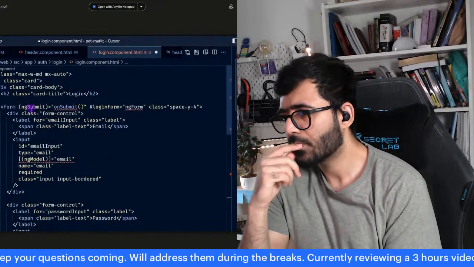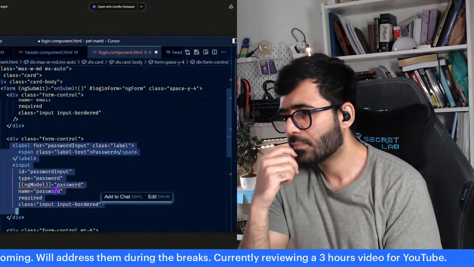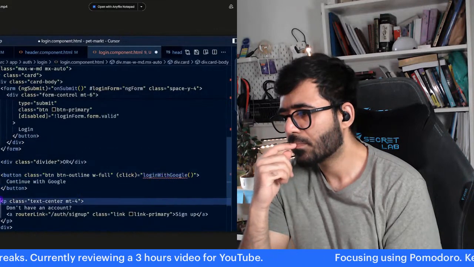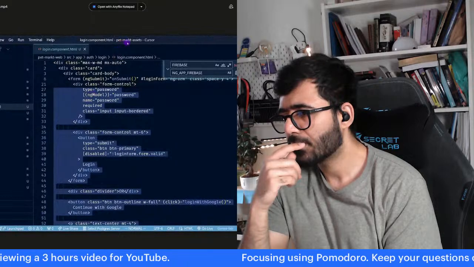We have a bunch of simple HTML elements, but we have a form here which has two inputs, one for email, one for password, and then we also have a submit button for login, or we just say continue with Google, which essentially should log in with Google. We have to implement this function, by the way, and a link that redirects to the sign up page. So simple as that. Now we go back again to pet market assets, and I go to login component TS,